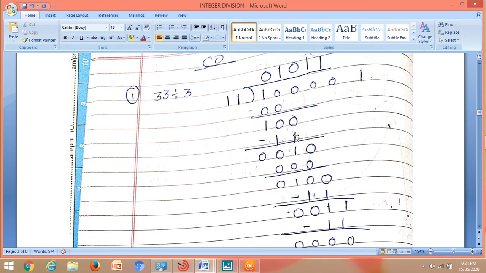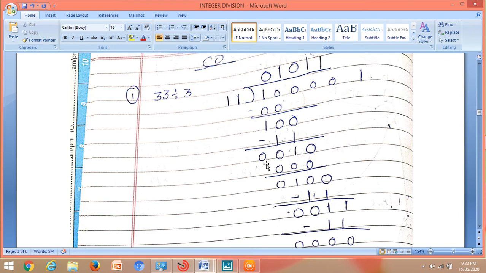Again use the subtraction table. If you are confused with the subtraction table, then use the 2's complement method to do the subtraction. In this case I am using the subtraction table. In the first case, 0 minus 1 will give me answer 1 and borrow 1. This borrow is going over here. Then again 0 minus 1, answer 1, again minus 1 because the borrow 1 has to be taken. Therefore the answer is 0 and borrow 1 over here.